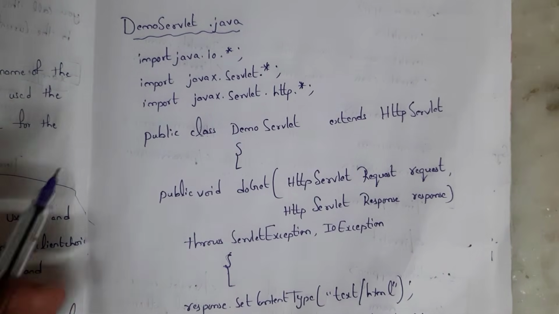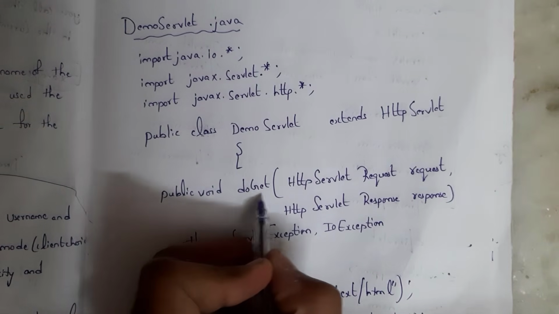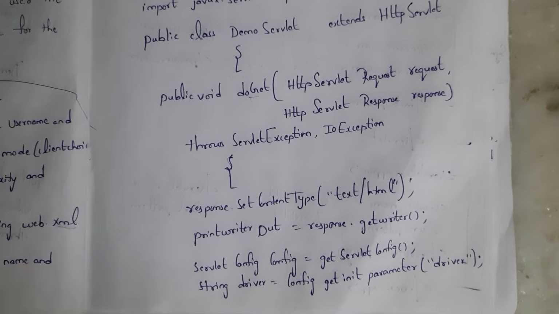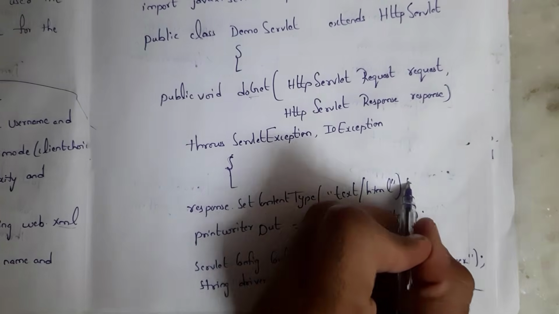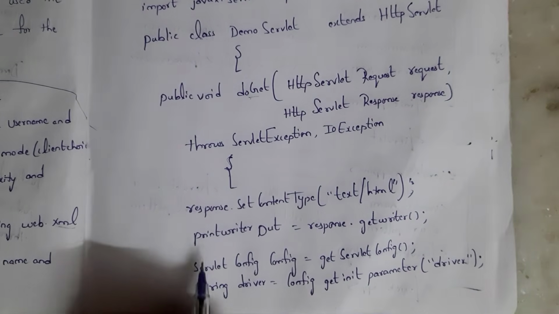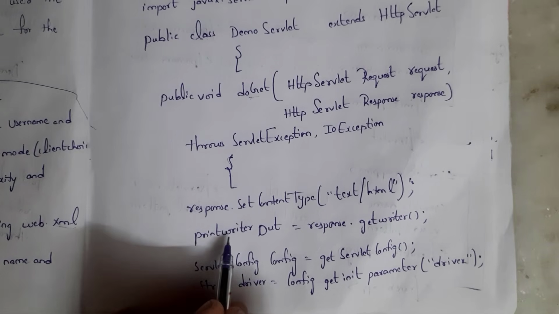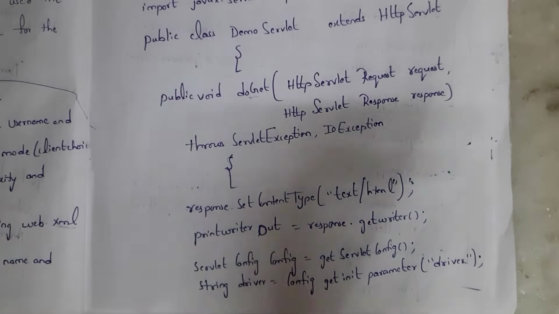After creating the class, I need to handle requests. For that I am using the doGet method, which is used to handle HTTP requests and responses. After that, the response content type is text, because I am creating a text file. Then I give PrintWriter, which is used to generate output, and I give the PrintWriter the name out: PrintWriter out = response.getWriter().